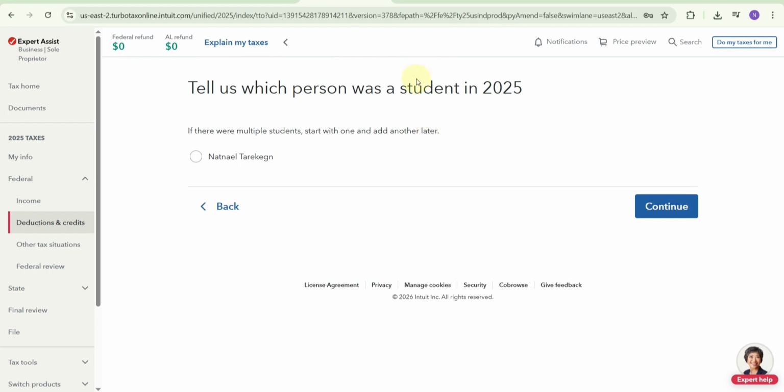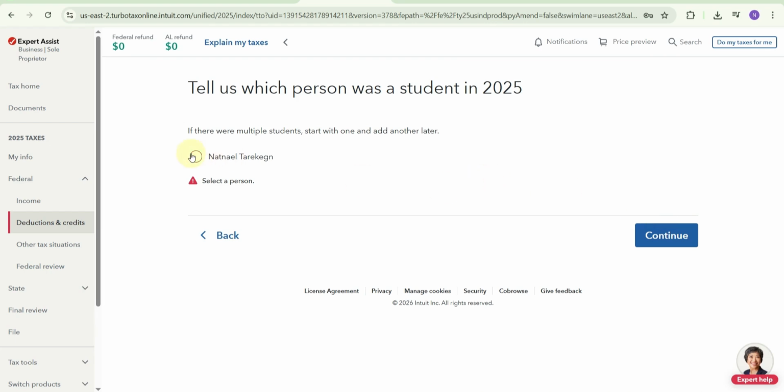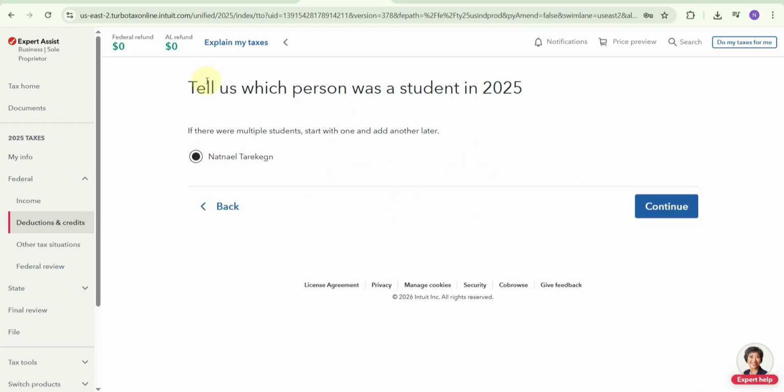Once you've entered all the information, take a moment to review your entries and ensure everything is accurate. And that's it. You've successfully added your